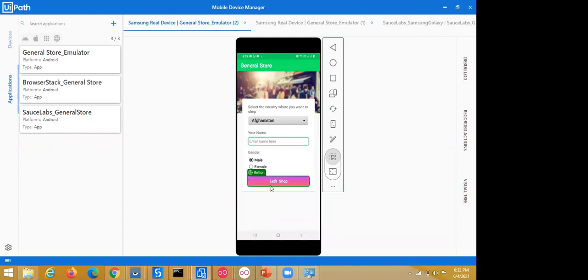So we need to click on this Let's shop button.